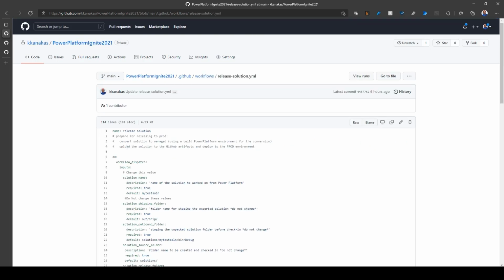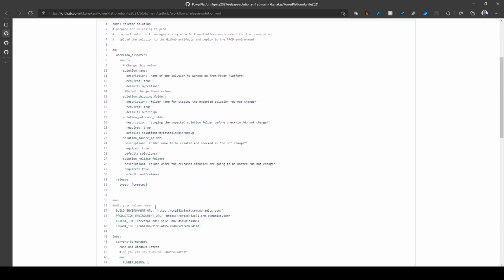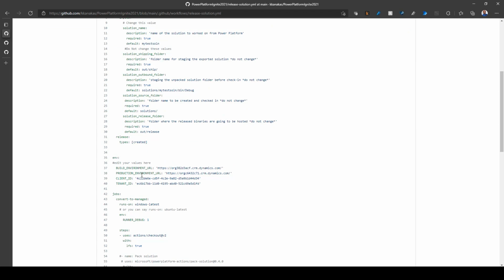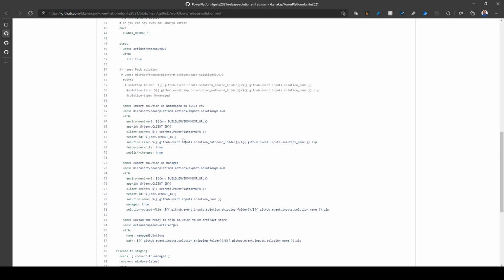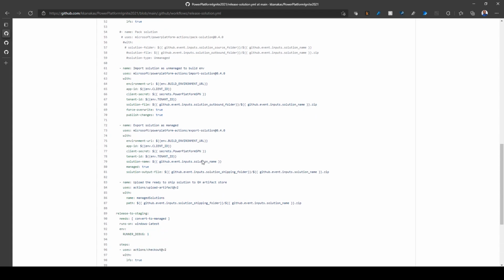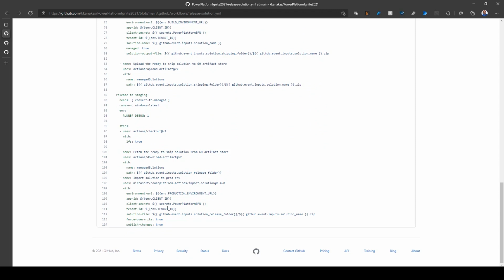Now let's look at the YAML file in particular. So when we create these actions, they are essentially YAML files, text files. And here I've defined a bunch of variables that are required for us to run this workflow properly. I can specify that it can run on Windows or you can run on Ubuntu. And then I'm using a bunch of environment variables that I specified earlier in the YAML file and posted them directly over here, so I don't have to hard code everything. All I have to do is provide the relevant properties there.